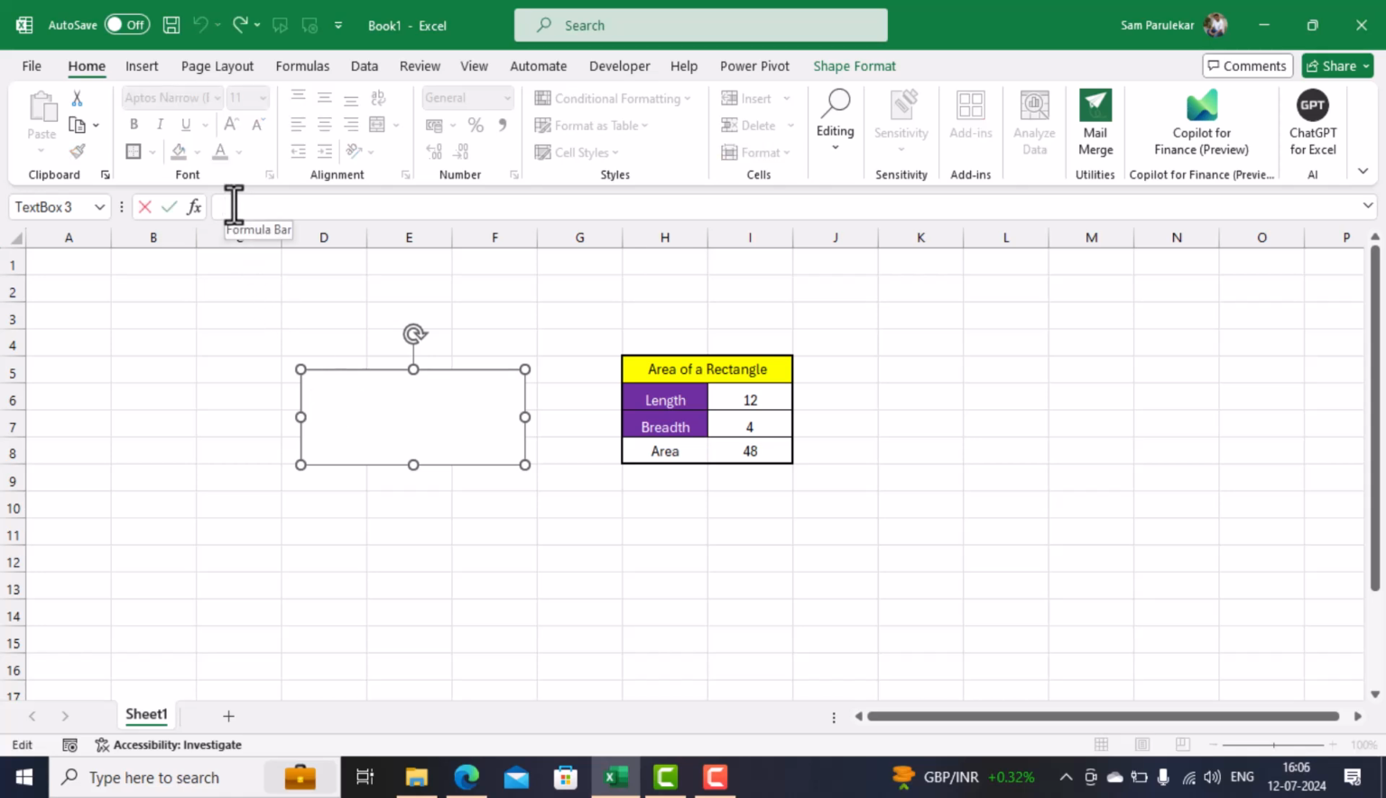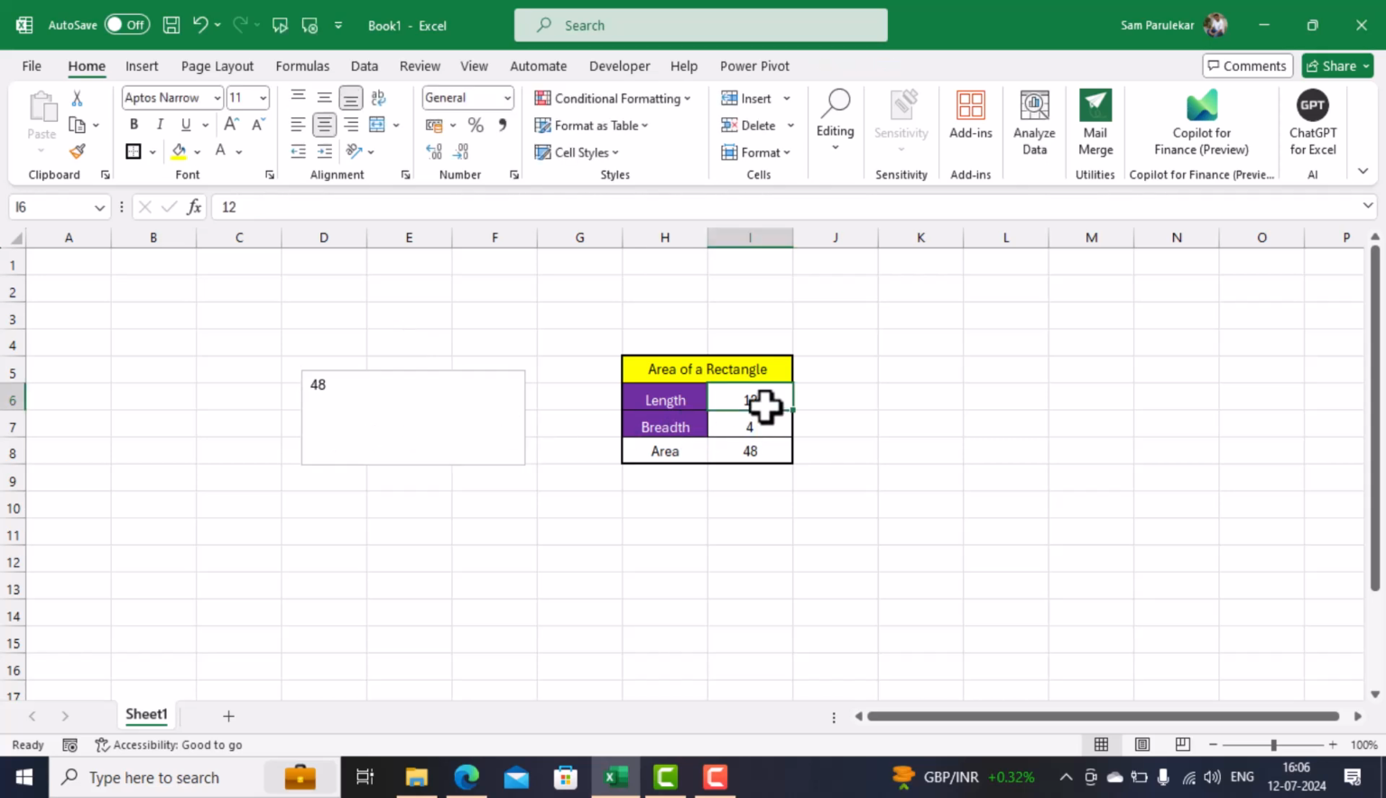Then click on the formula bar, type equal to, and click on this cell and hit enter, and you'll be able to see the result in your text box. Now you can change these values, you can make it different, and you can see the result being changed in